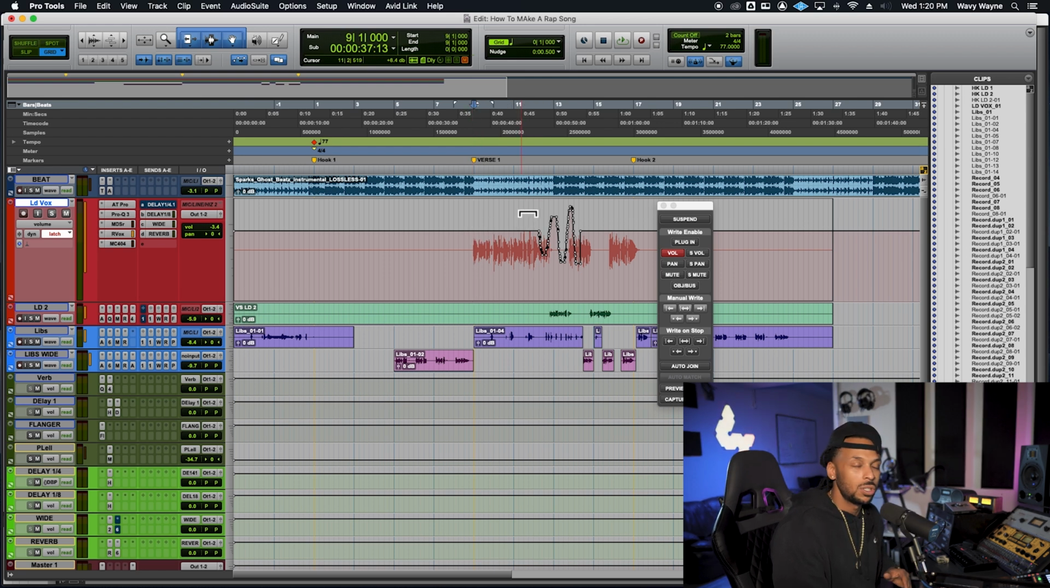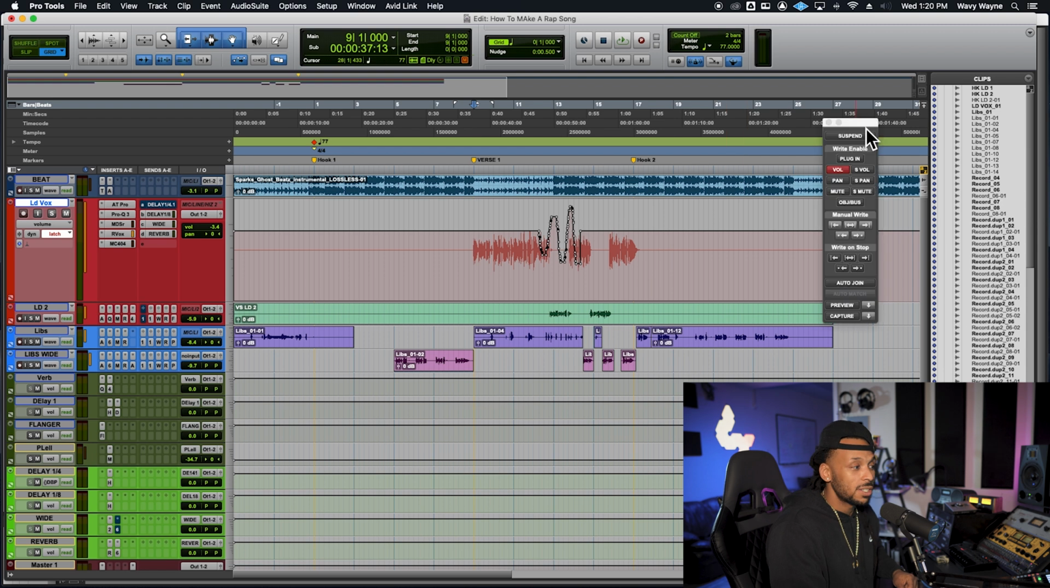This is a great mode to use if you just want to kind of update certain parts of a performance